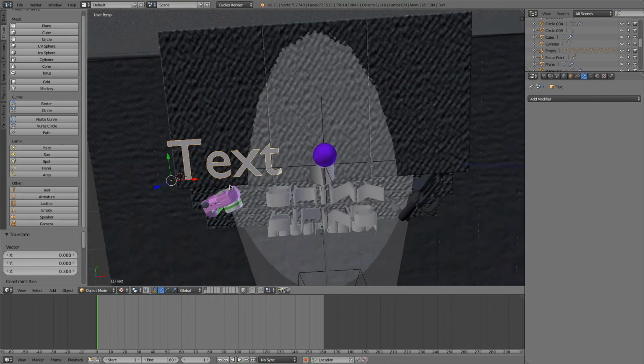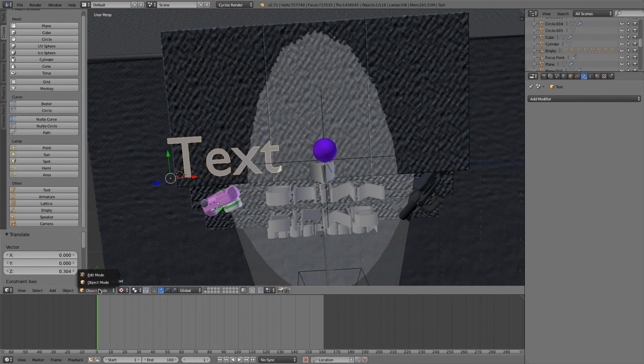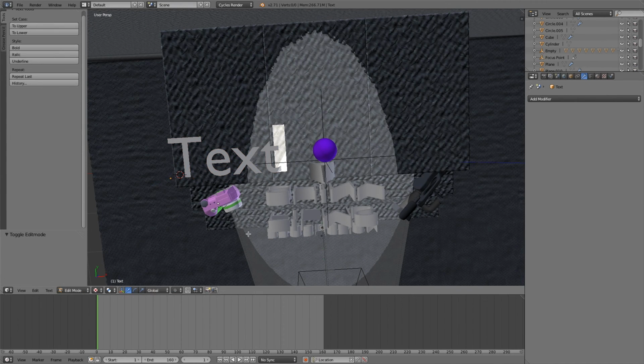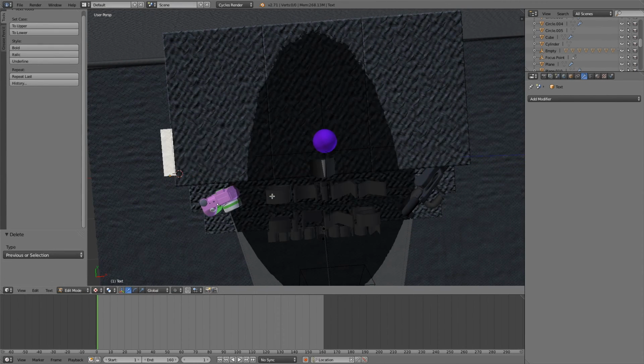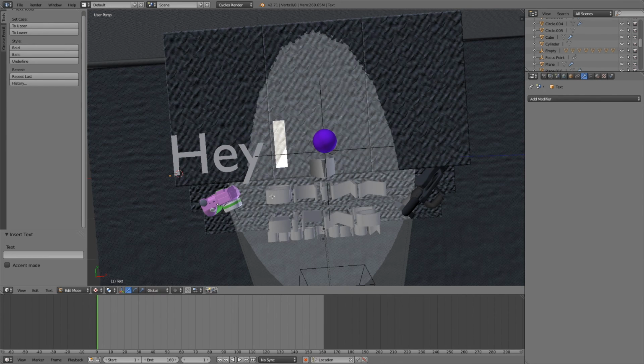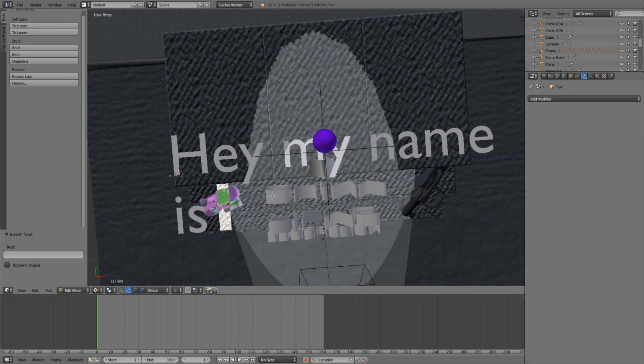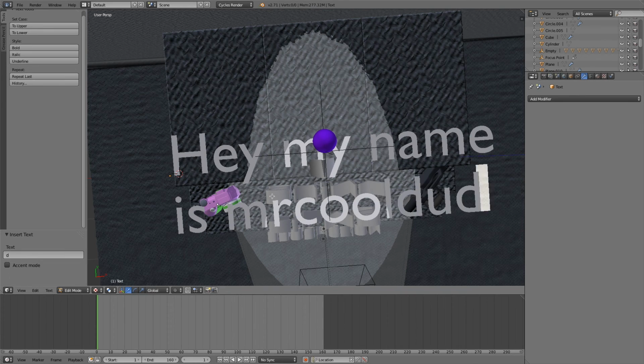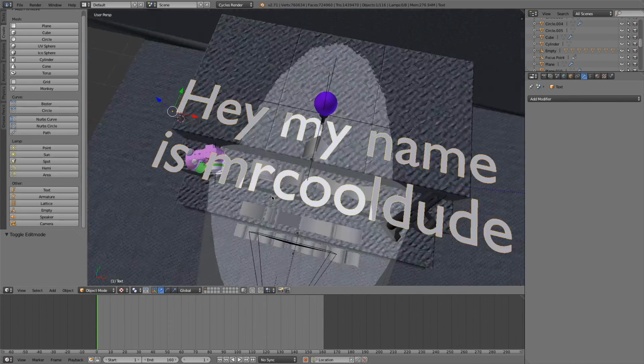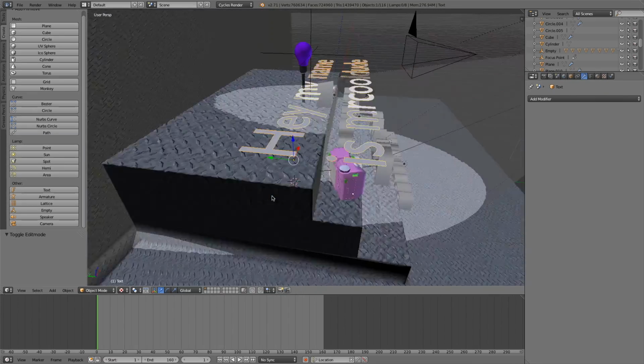We can see it just says text, so you go into edit mode by clicking this right here, and you can now type whatever you want, such as, hey, my name is Mr. Cool Dude. Yeah? And now once you've got this, there's something else you want to do, and that's rotate it,